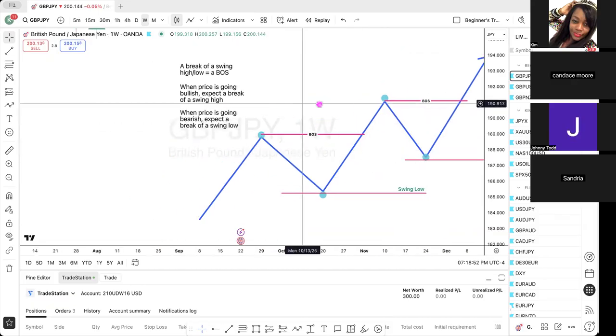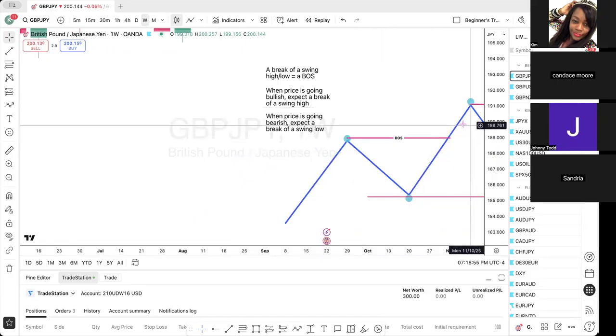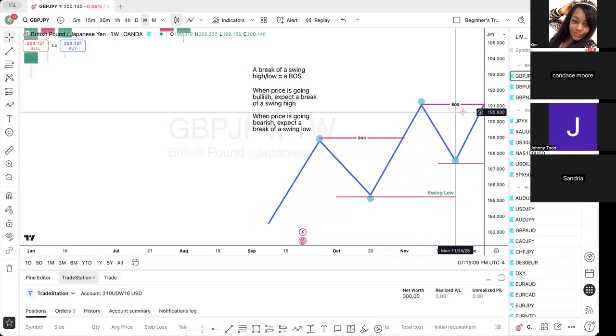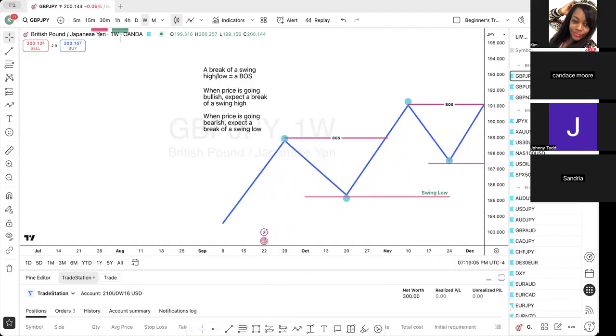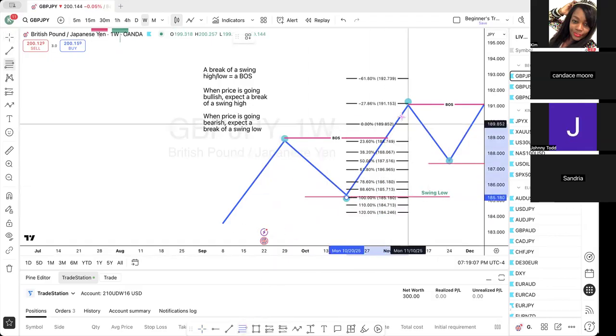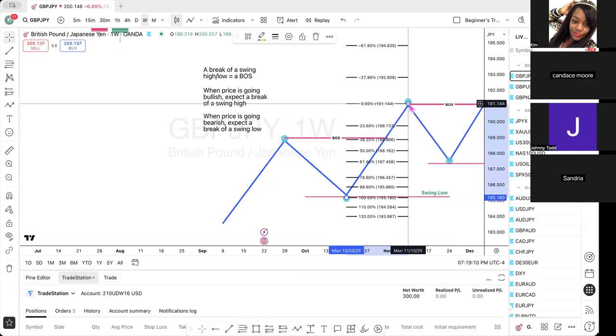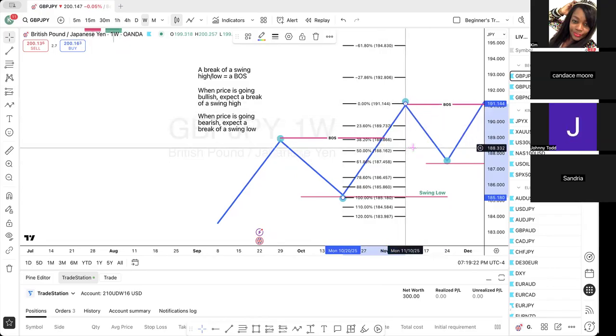Now, when we get a break of structure, we're generally looking for price to pull back and give us a deep pullback. And I'm going to show you the fib. I know I showed the fib the other day and I hadn't talked about it yet, but we're going to get there. Once you get a break of structure, you're expecting a pullback to what is considered, if you're bullish,